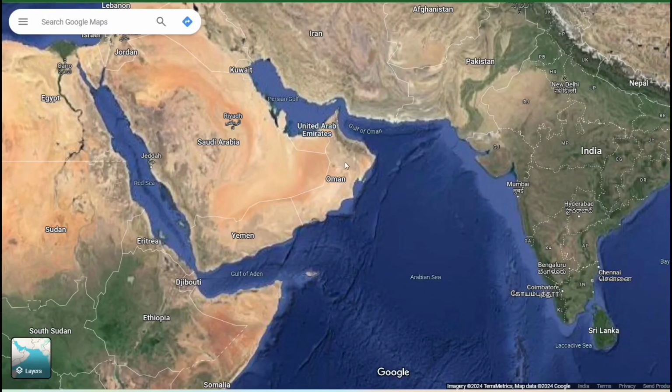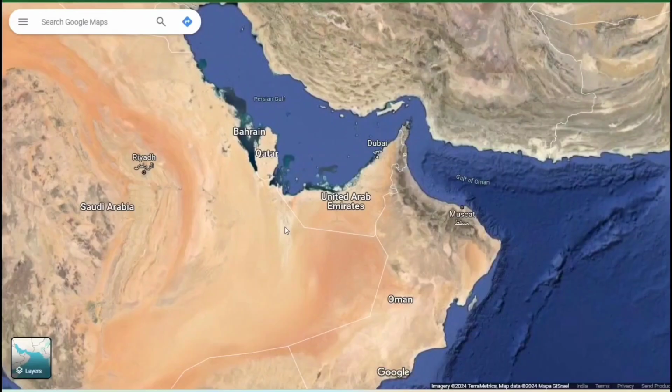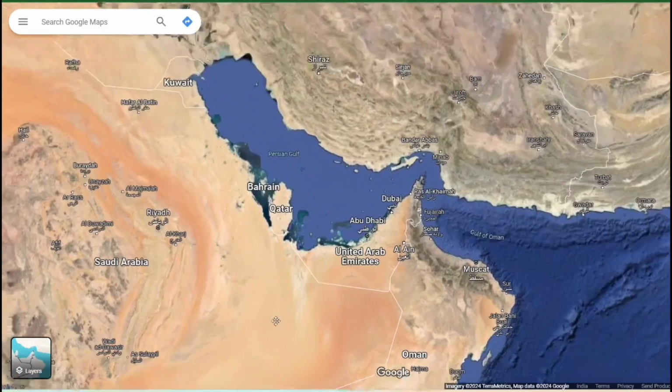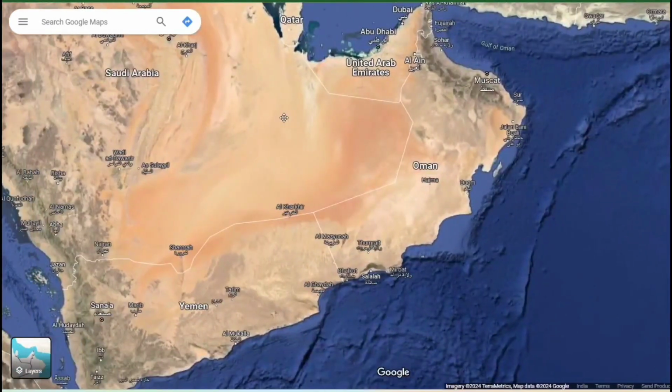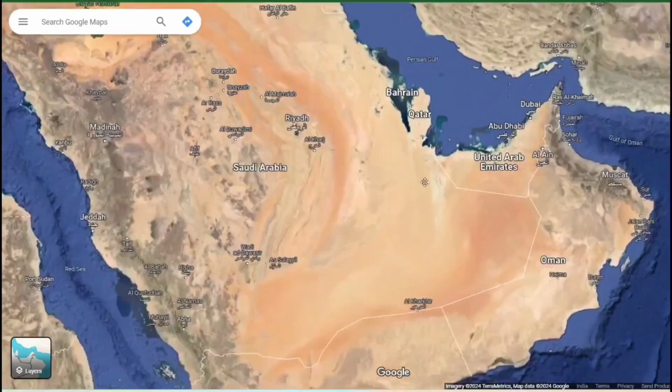Though they have very good oil reserves. Not every Gulf country has very good oil reserves. You have it in the UAE, in Saudi, mainly this part of Saudi, which is there. Where is Dharan? Dharan would be in the southern part. It is the main oil producing zone in the world.